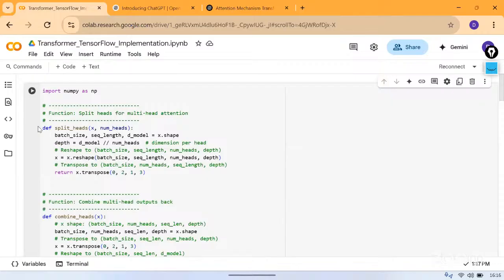So what are we doing? We have a user-defined function for splitting the heads. While splitting into multiple heads, we have the batch size, the sequences, and the model. Here we are taking multiple heads and splitting all the heads one by one, like this. And then here, in the multi-head outputs,